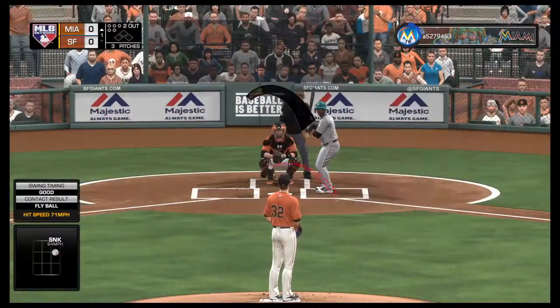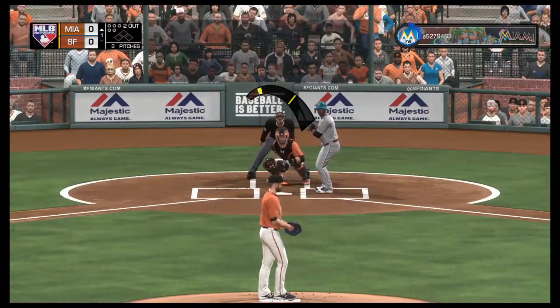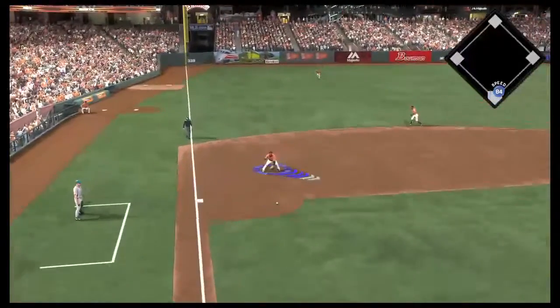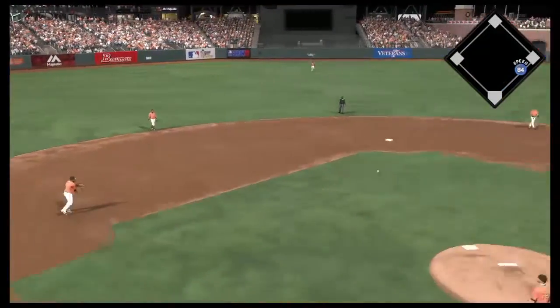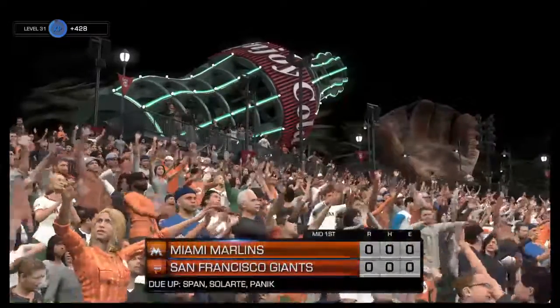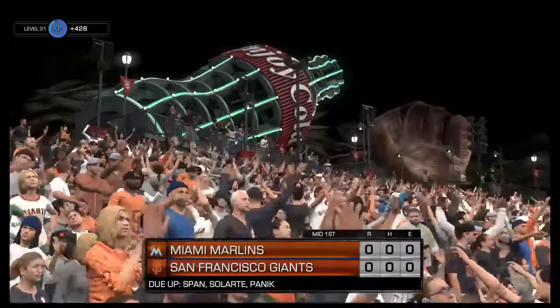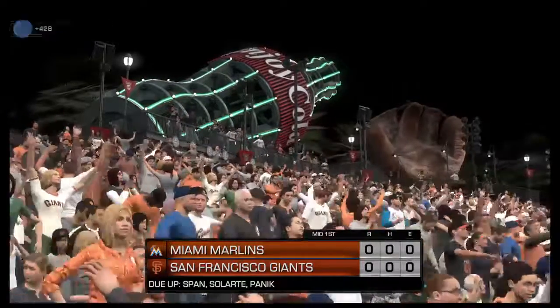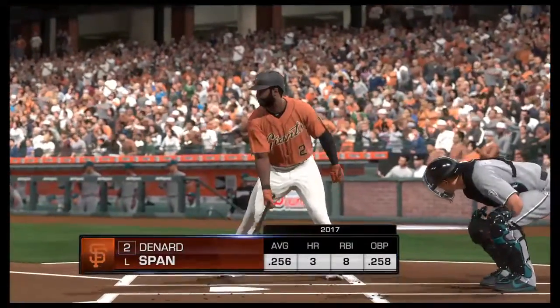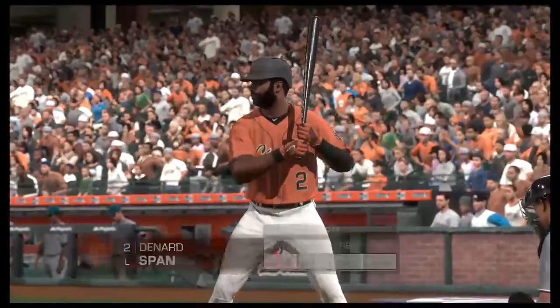Segura. Here comes the first pitch. Hit to third. Sandoval has it. Throw to first in plenty of time, and the side is retired. And there you see Denard Span as he gets ready to lead off the home half of inning number